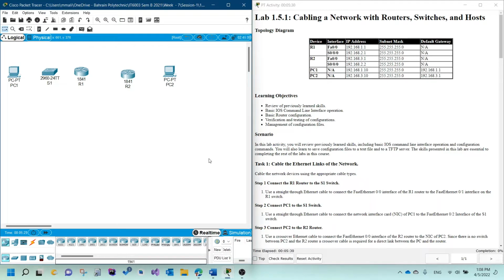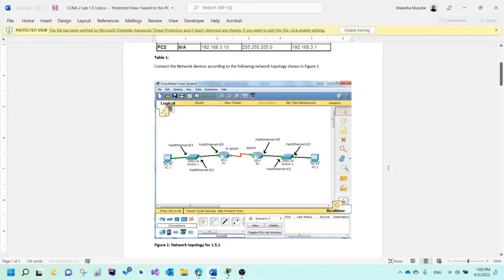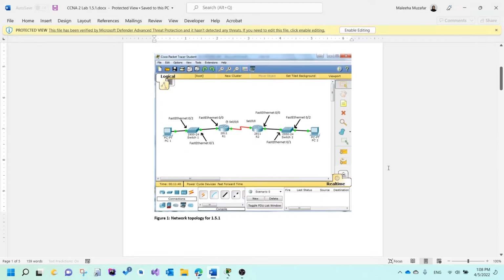So in this video we will go over lab 1.5.1. This was the lab that was there in week 7. So if you download the week 7 RAR file from Moodle, you will find this lab in the folder session 1. There is another Word document as well that has the same thing, but